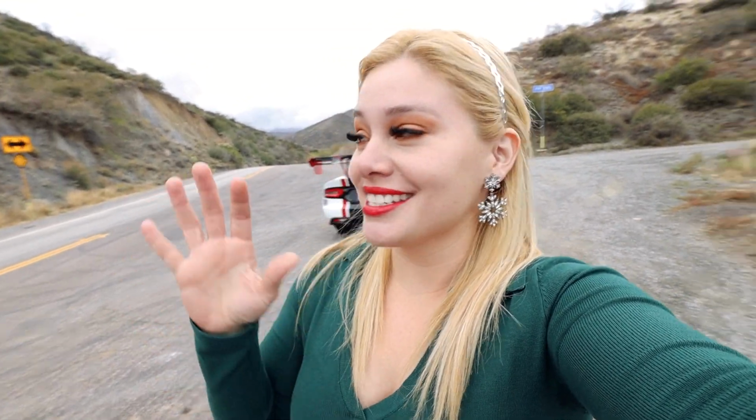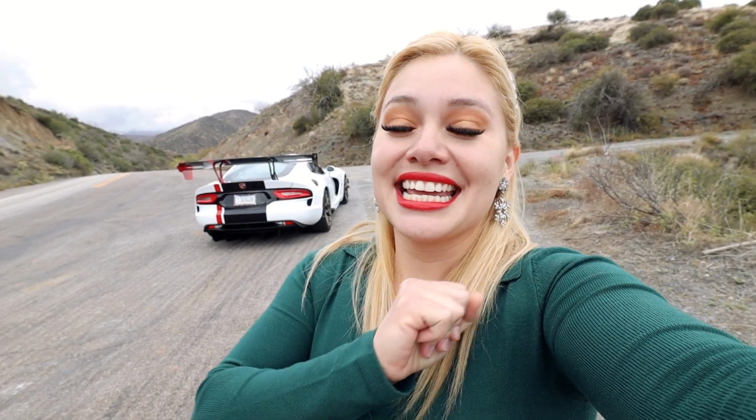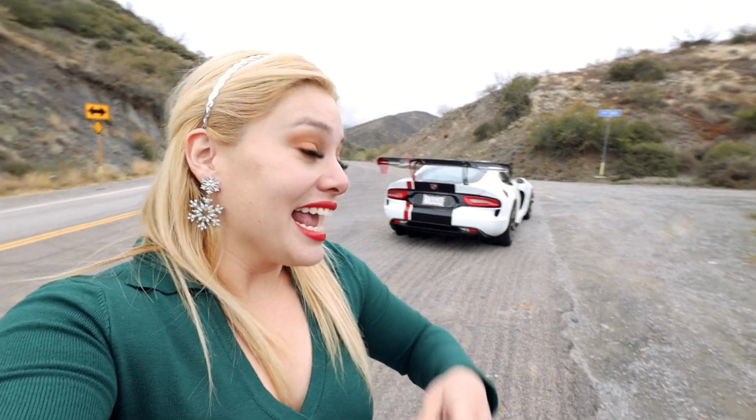Again, very fun, but you do have to be careful because that car is very light. But again, it is absolutely a dream to drive on the street, on curvy roads, on the track, everywhere. Again, like I said, there's nothing that I don't like about this car. It is absolutely perfect. It is a